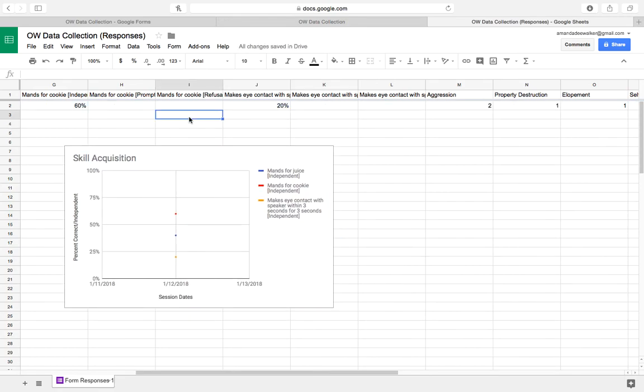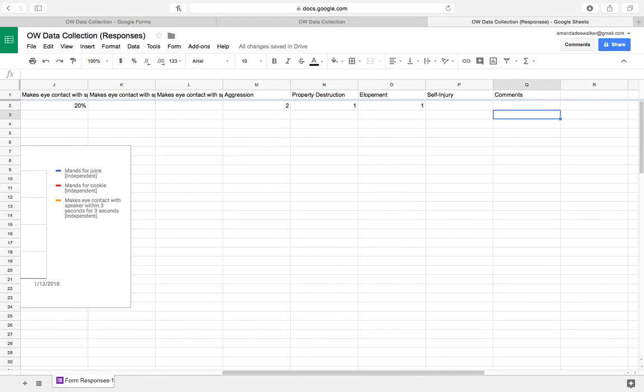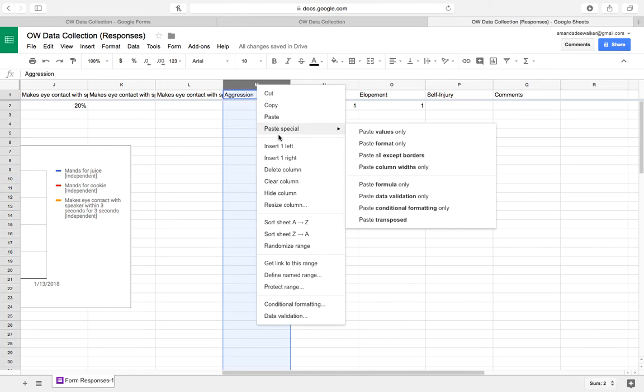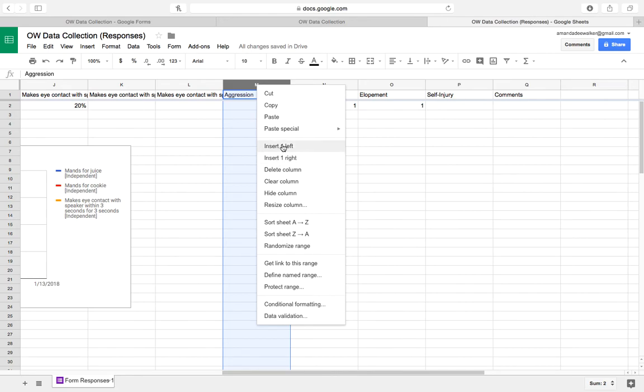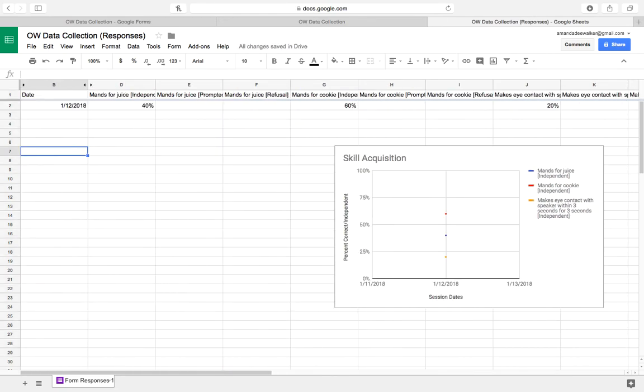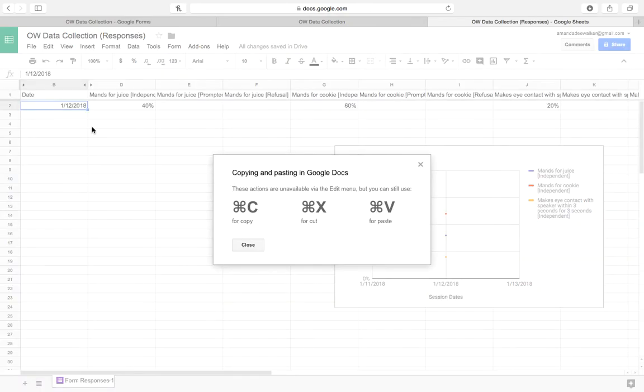So now that I have my skill acquisition data, I have my maladaptive behavior here to graph, and you can see that there are no dates here for the maladaptive behavior. So I'm going to have to add in a column and copy and paste the dates from the skill acquisition side over here to my maladaptive behavior side. So I will right click, insert one to the left, and I will come here and I will copy,